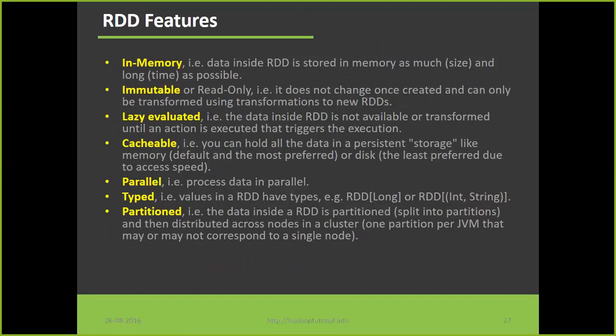So we just saw, first, we understood the first two lines, SparkConf and SparkContext. Now with the SparkContext, I'm able to create an RDD, and able to understand these RDD features. It gets stored in memory, it is immutable, it is lazily evaluated, and RDD results can be cached. Obviously they are partitioned and they are parallel processing tasks. They have data types and can accept any data type, but once declared with one data type, it can accept only that data type's values.